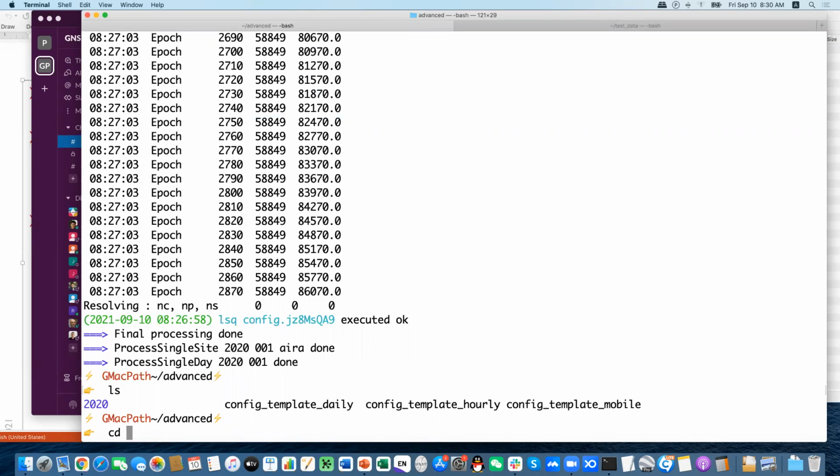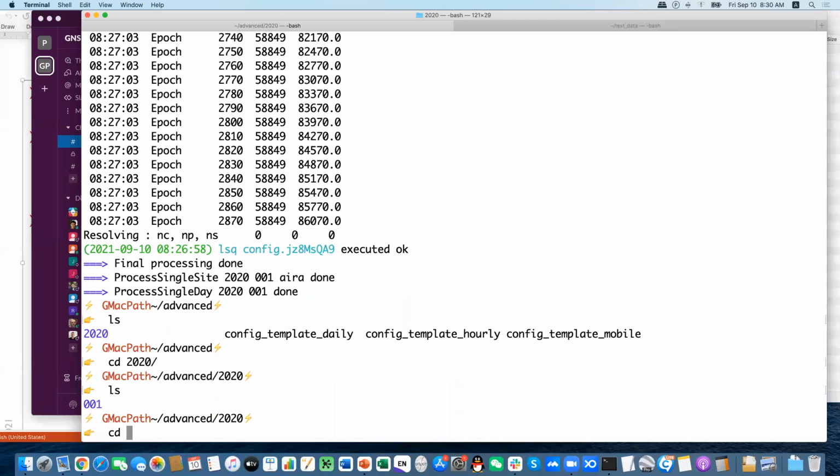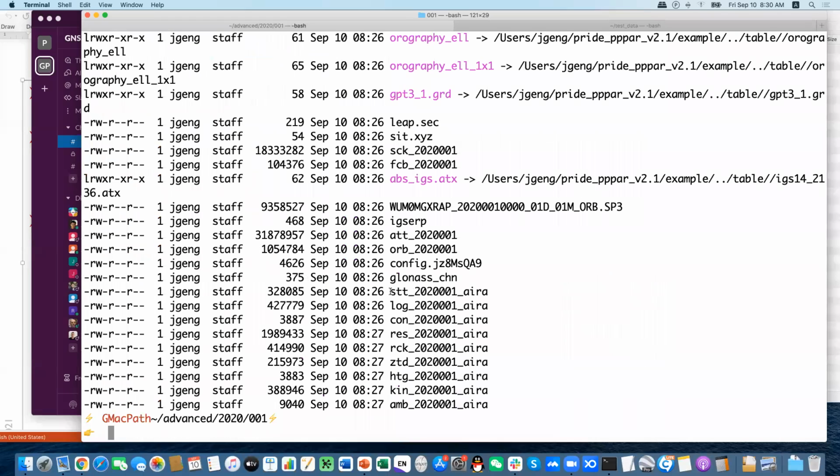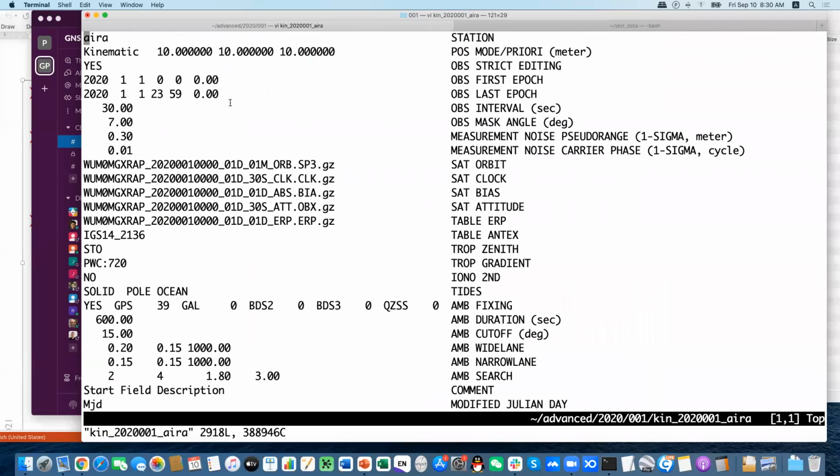We have a new directory 2020, and we go to day 001, and we find that we have the solution files here from different stations. You see the kinematic solution here from the kin file, we are doing a kinematic solution, and this shows the information we use for the processing, for example, the kinematic mode, the strict editing, and the start date